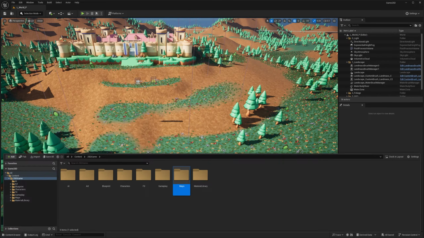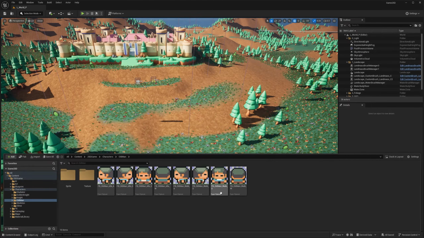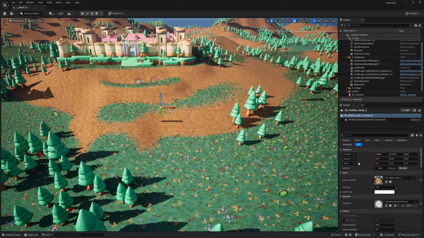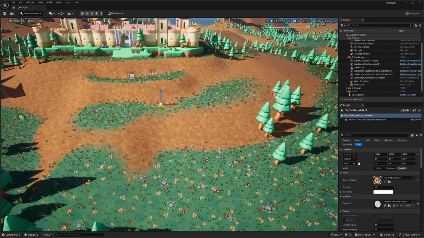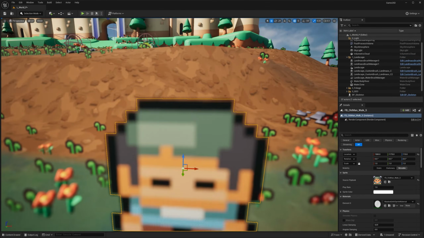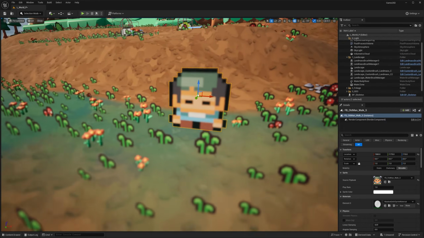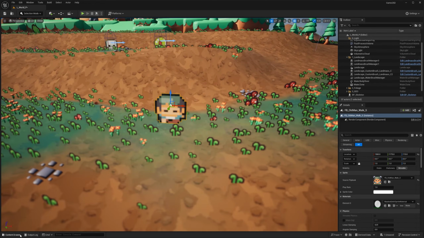The content drawer is also the second most used part of this interface right now, because it's either the viewport or the content drawer where you're dragging stuff to the viewport. For example, if I go to my characters here and I have my old man, I can just drag my old man to the scene there. Boom. He's walking now. He's walking here, right? So it's very important that you keep that very organized.